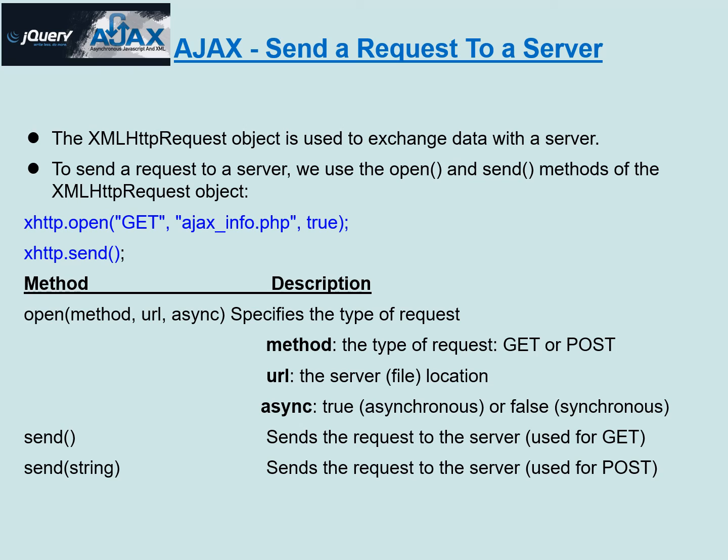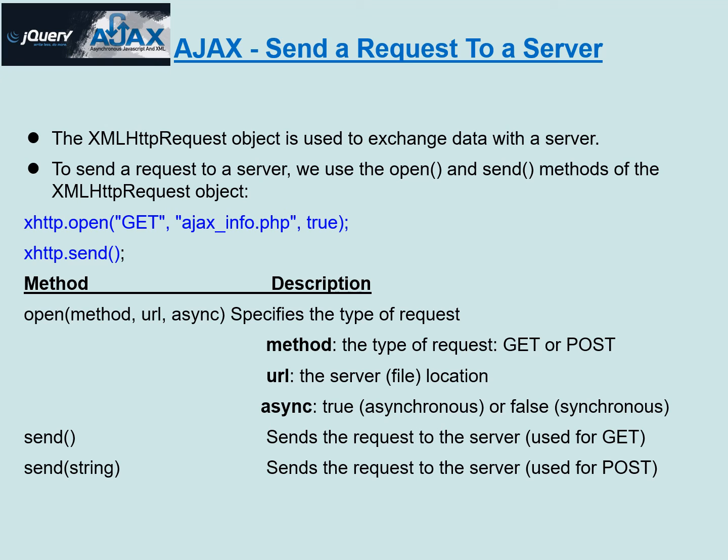So these are some of the methods which are associated with the XMLHttpRequest object. The first method is the open method. We have already seen the open method. The open method takes three parameters: method, URL, and asynchronous. The first argument of the open method specifies the type of the request, how the data transfer should happen, whether it is a GET method or a POST method. That is mentioned as the first parameter.